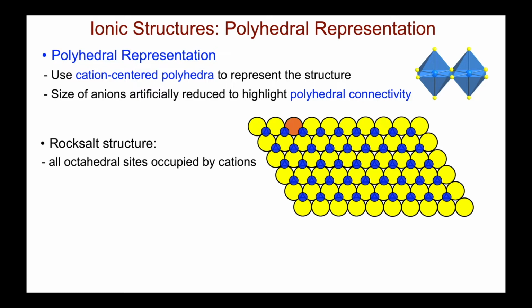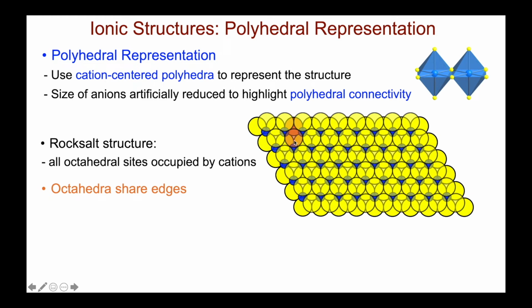And when I add the next layer on top, in the sphere model, the other shared anion is shown here in the top layer. So these are in orange, these are the 2 anions that are shared by the octahedral environment of this cation and this cation. Well, this type of picture gets messy and confusing. And that's why we turn to the polyhedral representation, to highlight the octahedral sharing, in this case the edge sharing